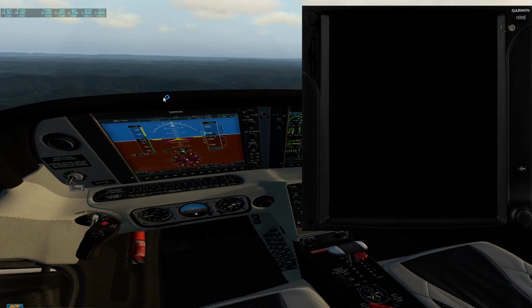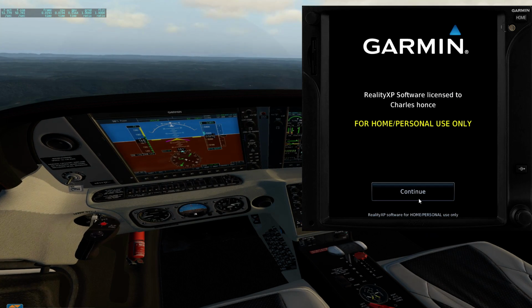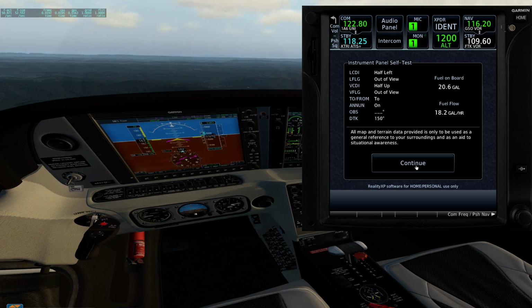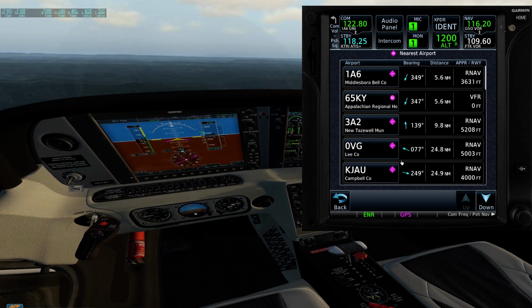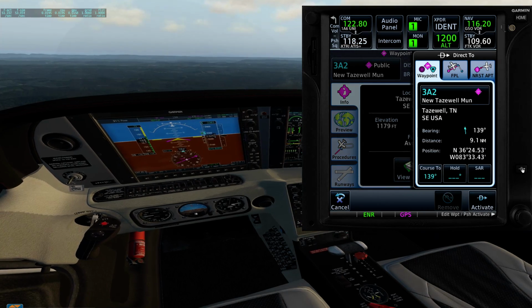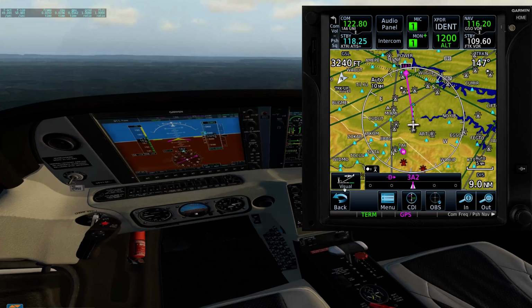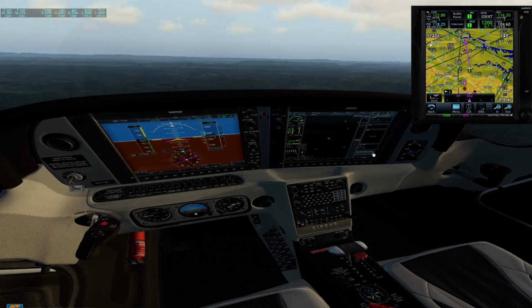This could crash us, but then again, oh, what do we got here? Okay. So, Whistleboro, New Tazewell. I know that that was included in the scenery that I built, so let's go to New Tazewell, direct, activate, and we're going to come like that, so it's out of the way,